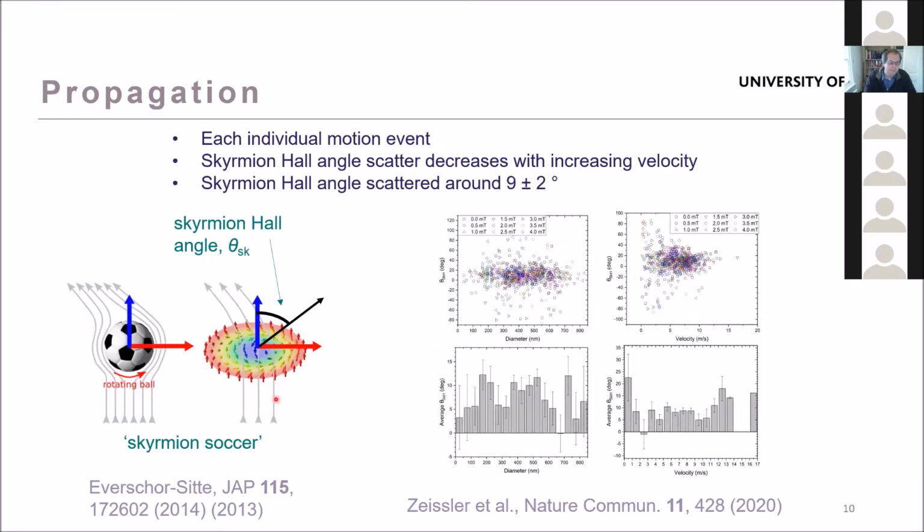So I want to introduce this thing called the Skyrmion Hall angle. As you just saw on the previous slide, the skyrmion doesn't move in the direction that the current pushes it. It tends to move at some angle. And the analogy that you make, this is Karen Evershaw-Sitter's picture, is sort of with